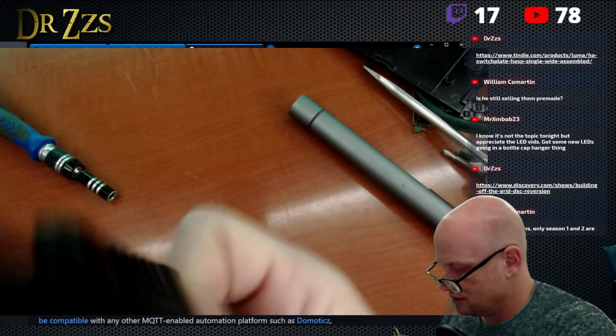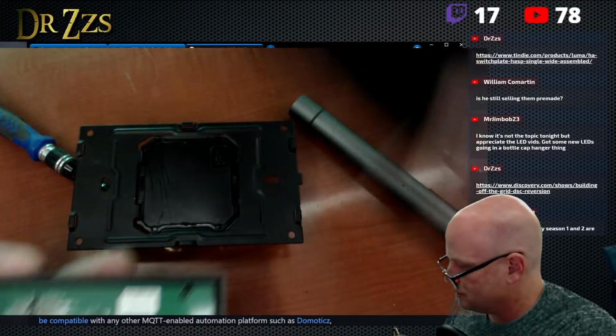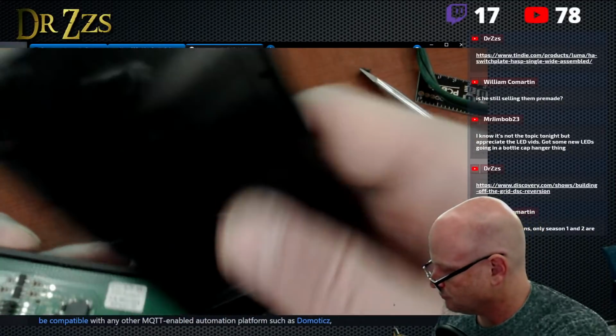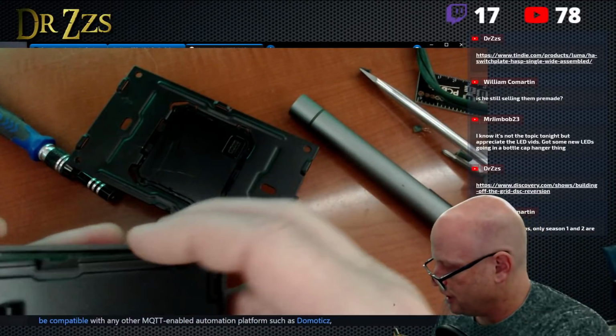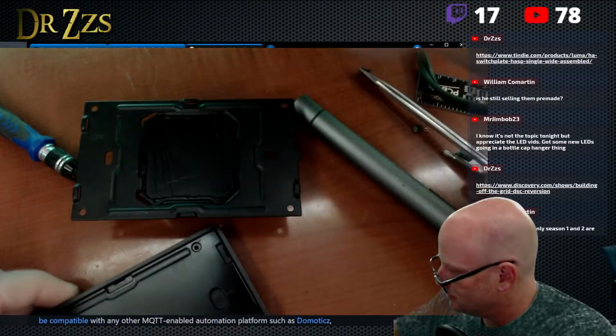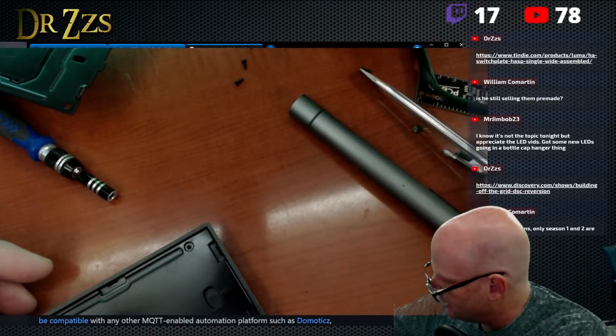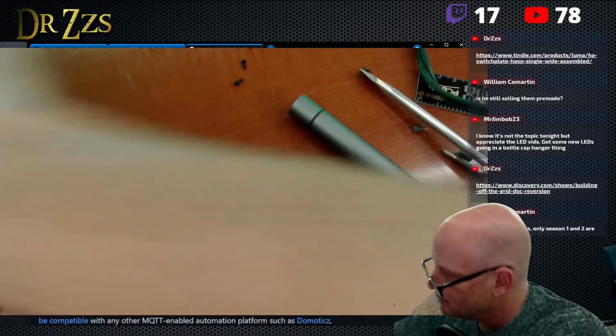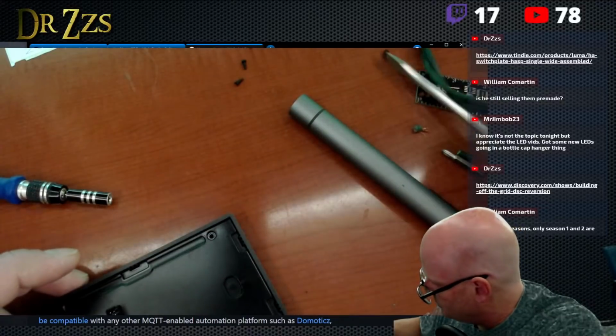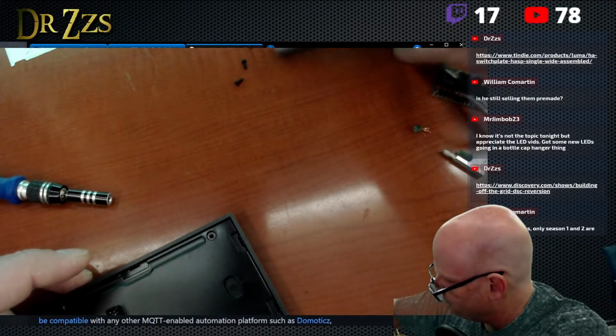Oh yeah, did I take that part off? Where's the other part of this? Oh, here it is. This part came off. And then changing the background image would be important. But those are things that they can probably do in their app. If they haven't done it yet, they probably can. I lost one of the screws already. Oh no, there it is.